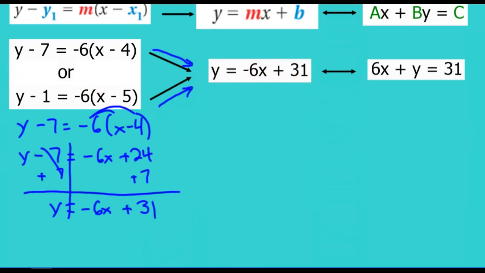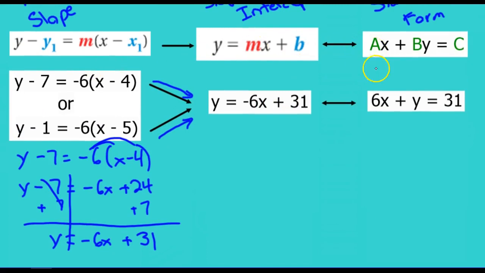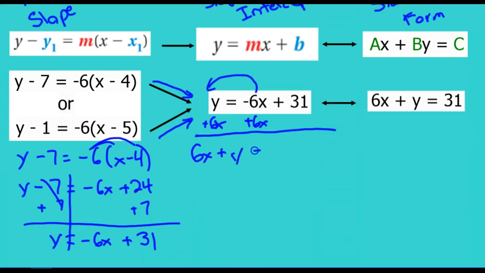Now, how we get it to standard form, though, is if you notice, the x and the y are on the same side. So if we take y equals -6x plus 31, all we got to do is move our x over to the other side to get it with our y. So we're going to add 6x to both sides. Now because I can't combine x and y, all it does is stay 6x plus y equals 31,